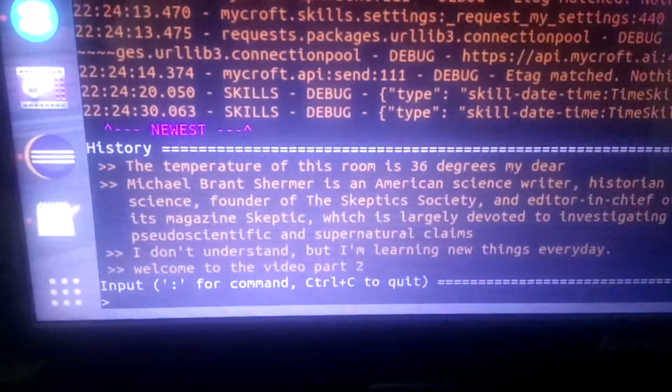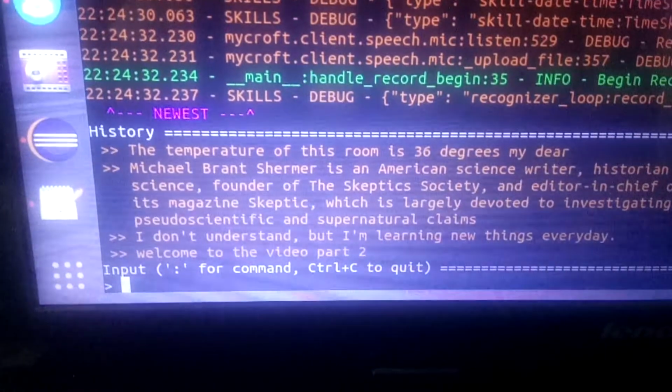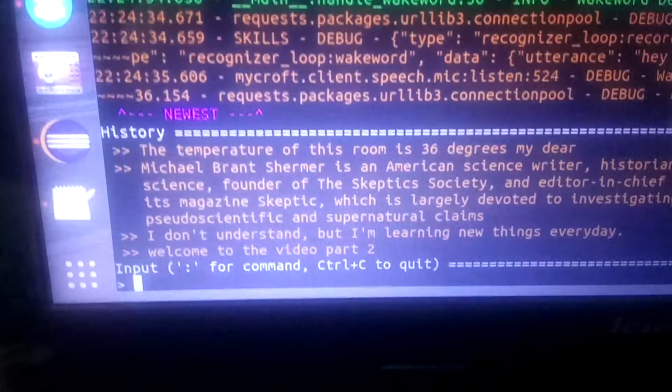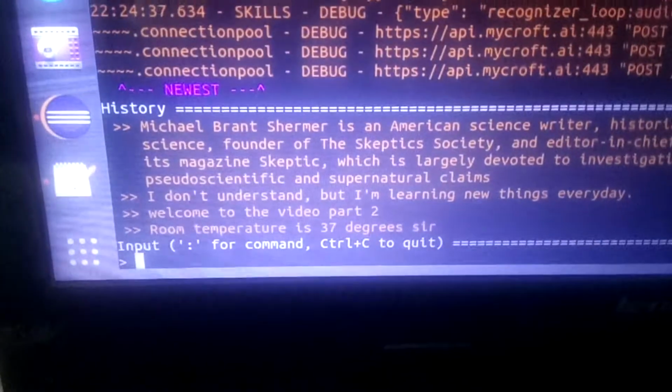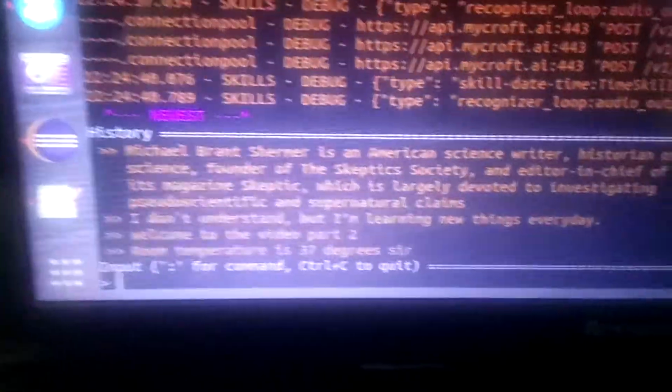Hey Mycroft, what is the room temperature? Room temperature is 37 degrees, sir. 37 degrees, quite high. So here what we are going to do, I have an ice pack here with 2-3